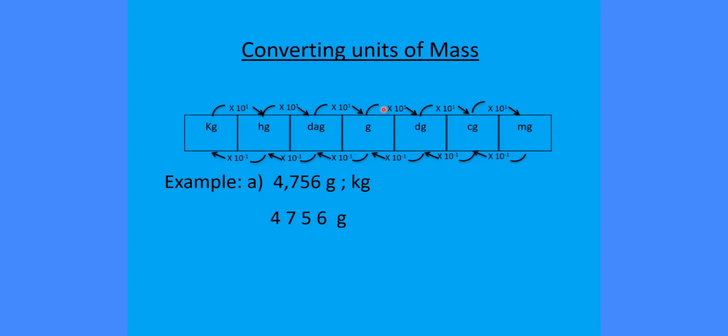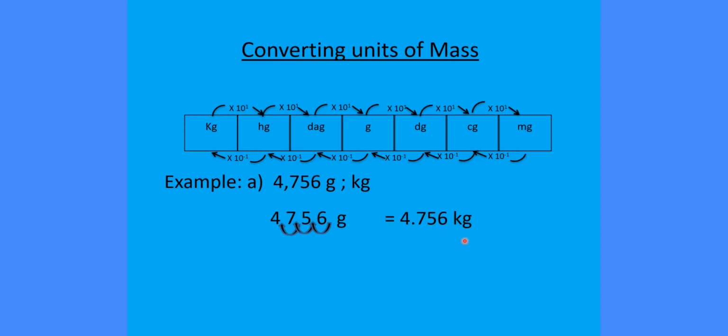Gram is right here, the kilogram is right here at the left side. So we need to switch the position going to the left 3 times. 1, 2, 3. So the given value will be divided by 1,000, or by just switching the decimal point going to the left 3 times. 1, 2, 3. So therefore 4,756 grams is